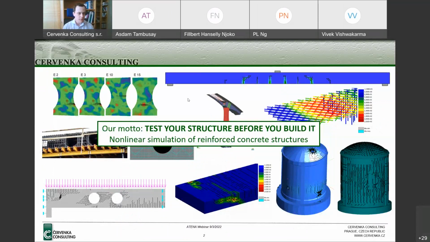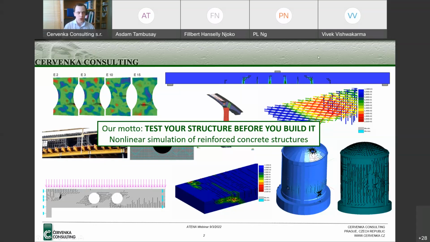So for those of you who are familiar with our software ATENA, we focus in modeling of concrete structures. We are using a nonlinear approach in order to be able to estimate the real concrete behavior, the real behavior of concrete structures, for which we need to include nonlinear material behavior, such as crushing of concrete if it's under substantial compression load, or cracking in tension and softening behavior of concrete material, or when it comes